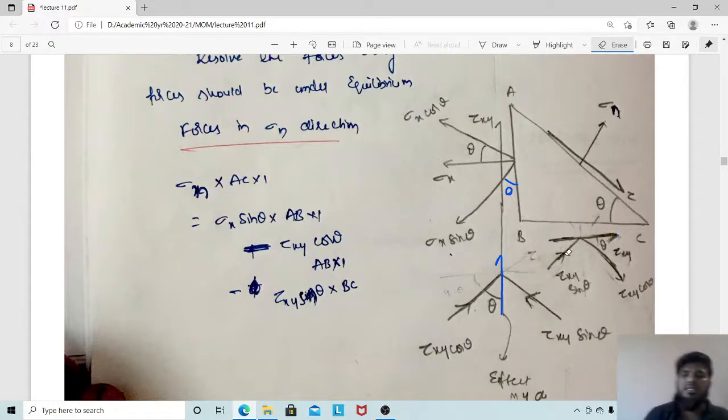Next is the direction. How to identify the direction? Let us take the direction. This is traveling from here to here. So this is our initial point. We will travel in this way, perpendicular in the above direction. Then from here we will travel in this direction. Then only you can reach from the initial to the end position. So this is my initial position, this is my end position, and the triangle is complete. This is the reason tau x is taken above, and this is taken in this direction.